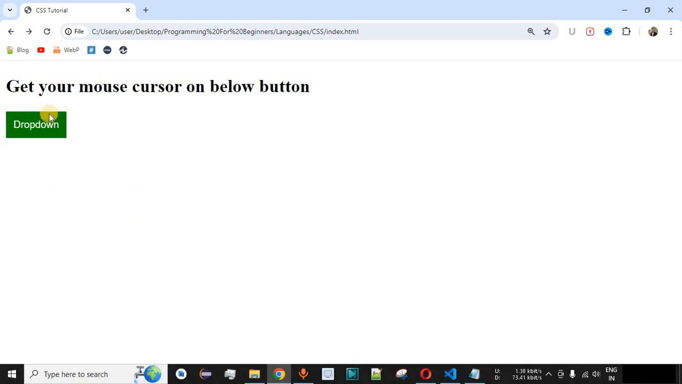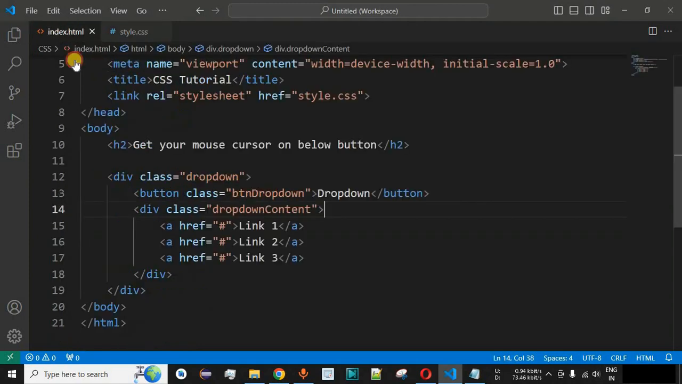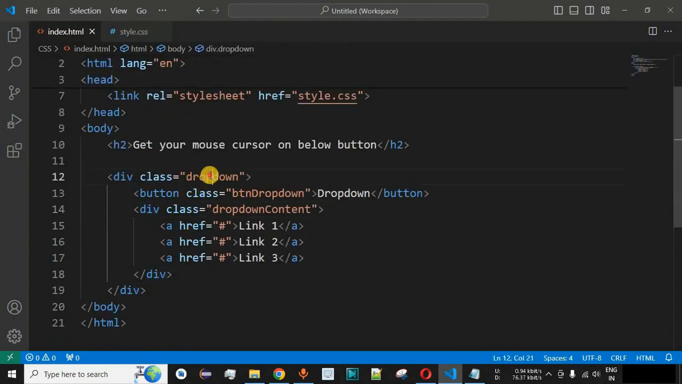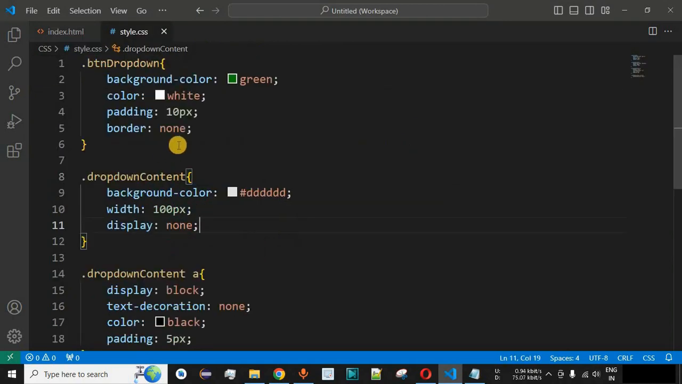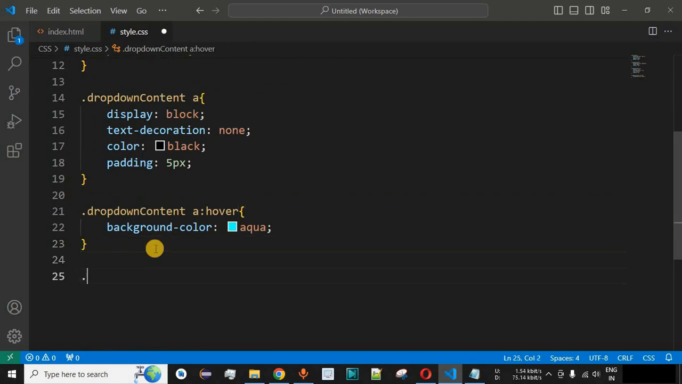So basically we are going to set the display property equal to block when we get the mouse cursor on this particular div tag over here. So what is the div tag in this case? It is the div tag that is having the class equal to drop down. So simply I am going to copy this class that is drop down over here, and then inside the style.css file we are going to say dot followed by the name of the class that is drop down, and when we get the mouse cursor on this particular div tag, we are going to provide the